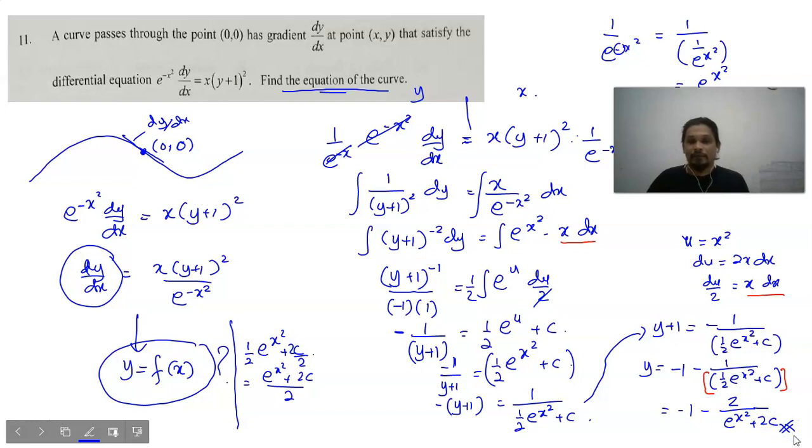It might be different from the answers given, which we recall are provided at the end of this topic, but it's okay because it's how you simplify that. It might be a little bit different with the sign of positive and negative and in this form, but I think that this is more than enough. Okay, so that's the solution for question number 11, the first question I chose. Then next,